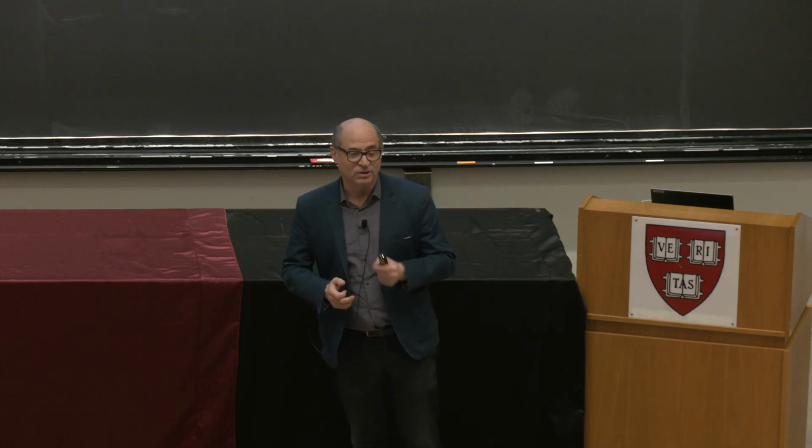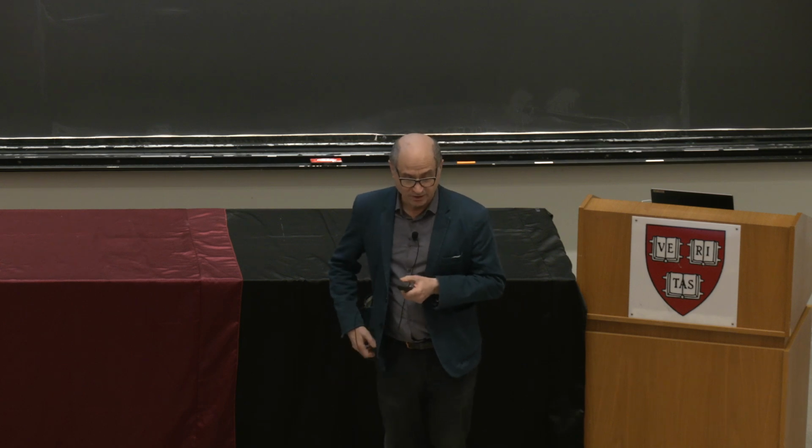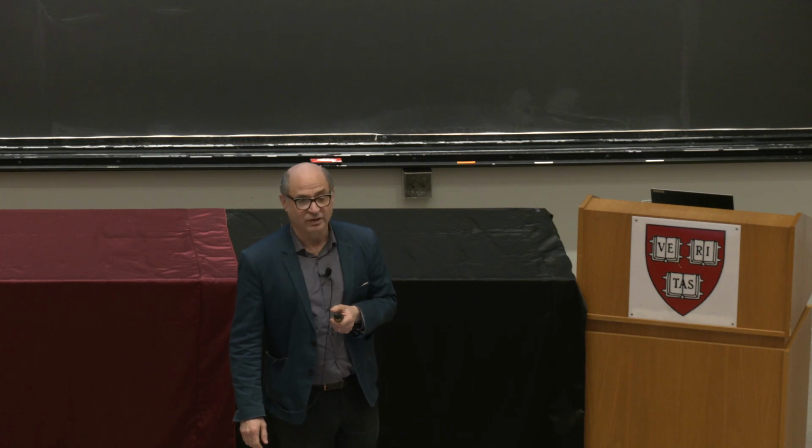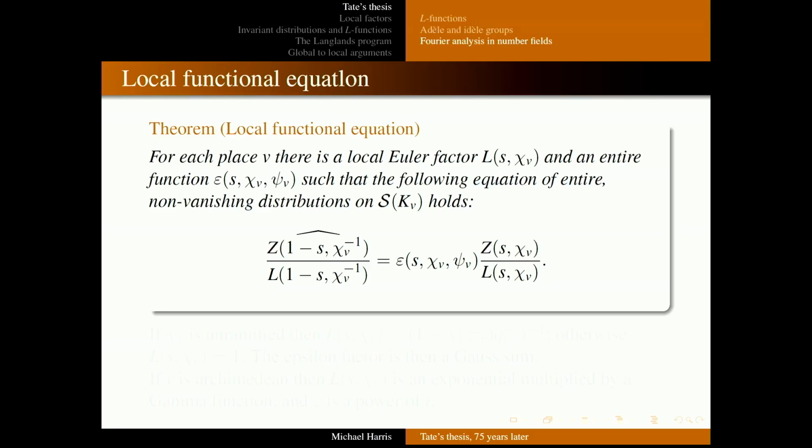The method shows that there is a local Euler factor plus an entire function, which is a new object, epsilon of s, depending on the local data, the local multiplicative and local additive characters, such that the following equation of entire non-vanishing distributions holds. So now you have a distribution-valued function on C, and it's entire non-vanishing, and you have this